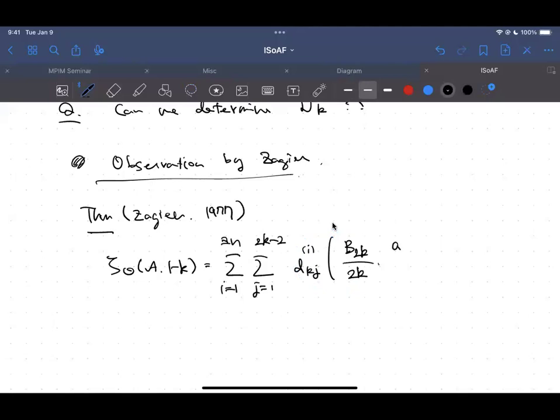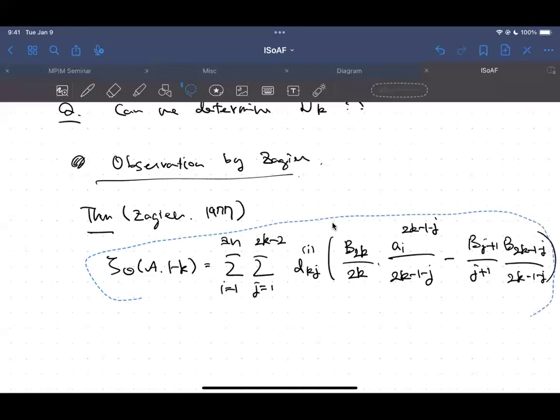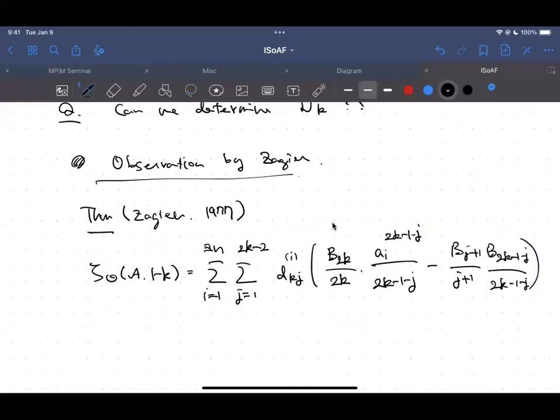So I will simply write this. Here p j plus i is the Bernoulli number. So this is this formula where